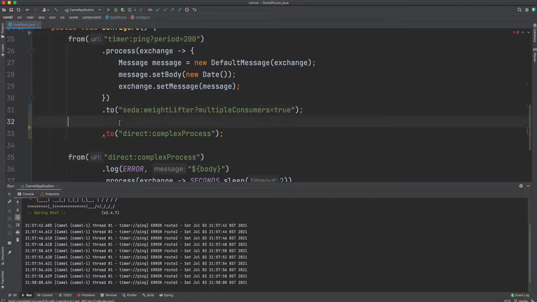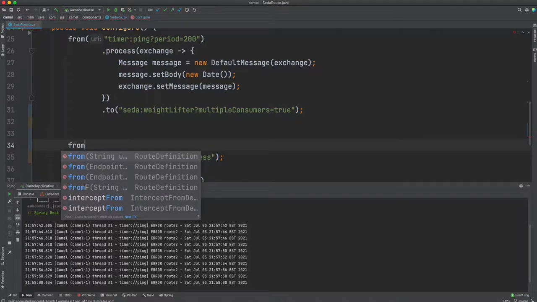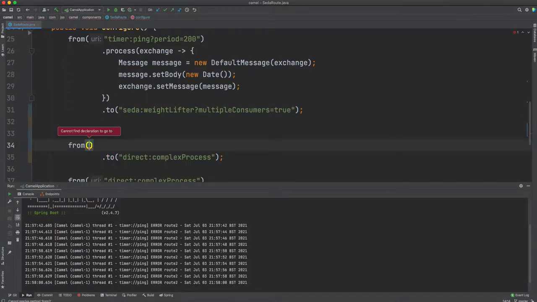Now what I need to do is catch this SEDA. So this is a producer over here, and then I have to consume the messages from this endpoint, right? So let's just copy this thing over here, and say get my messages from this SEDA and connect to this thing.